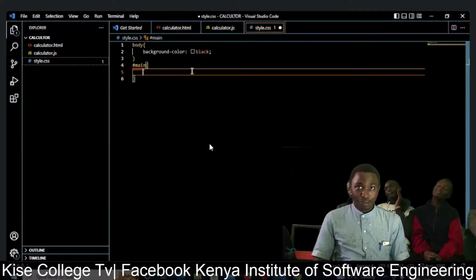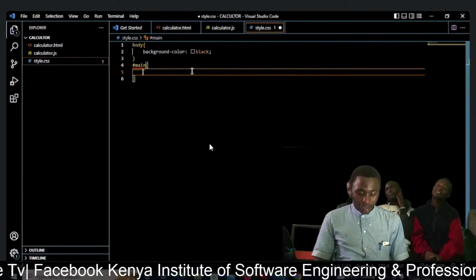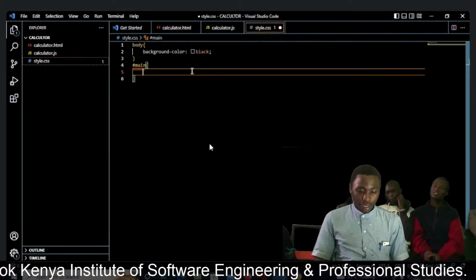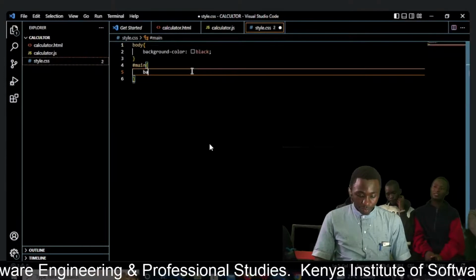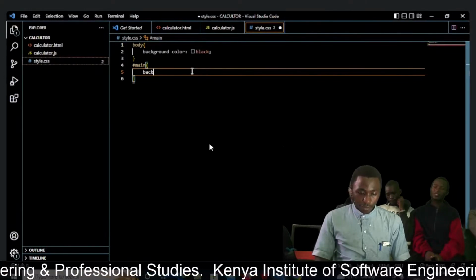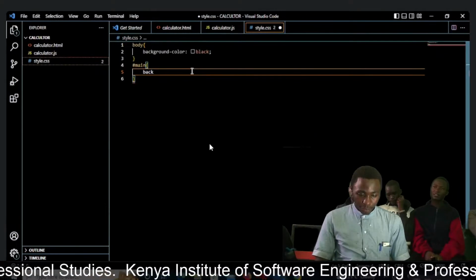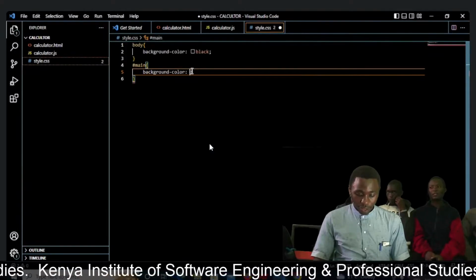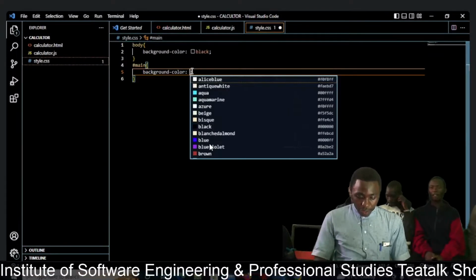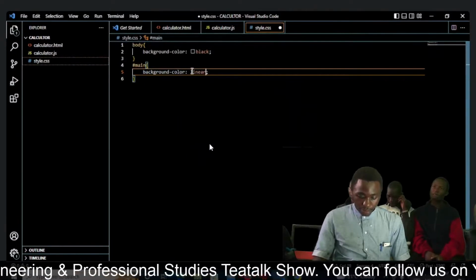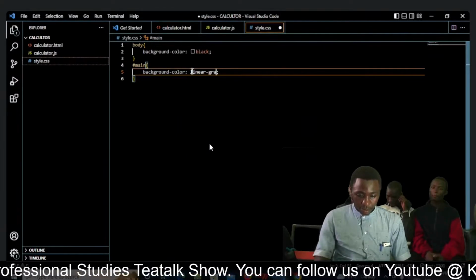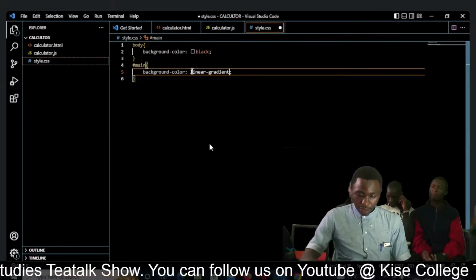Then onto this hashtag main, I will just give it maybe a background color. Then for this one I have to use the linear gradient. Background color, I'll use linear gradient. Then I will give it